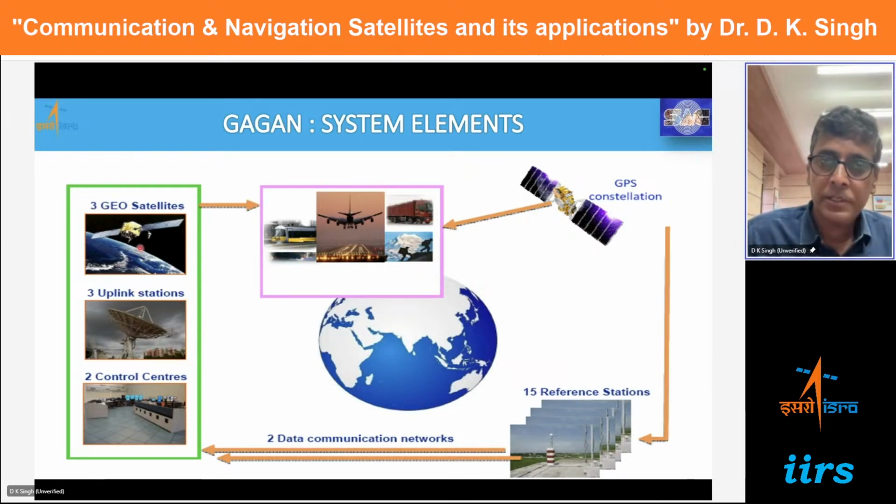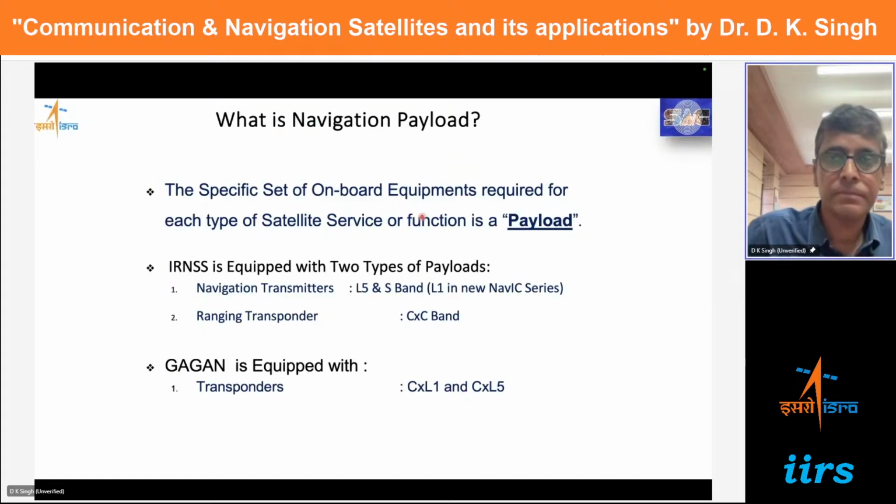Those things are uplinked to the geosatellite, which downlinks it to the aircraft or anybody on the move, which is having the SBAS receiver, and they can use this system for their safety of life application. Now coming to the technology part,